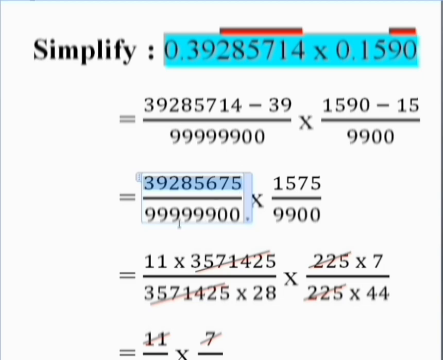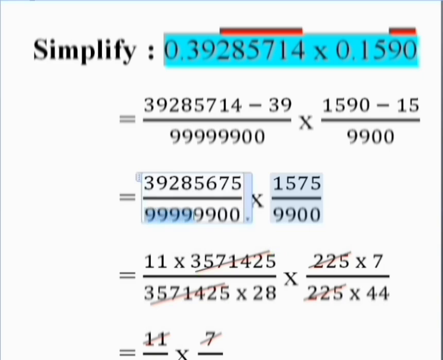39285675 by 6 times 9 00, into 1575, that means 1590 minus 15 by 9900. 39285675 divisible by 11, that means 11 into 3571425